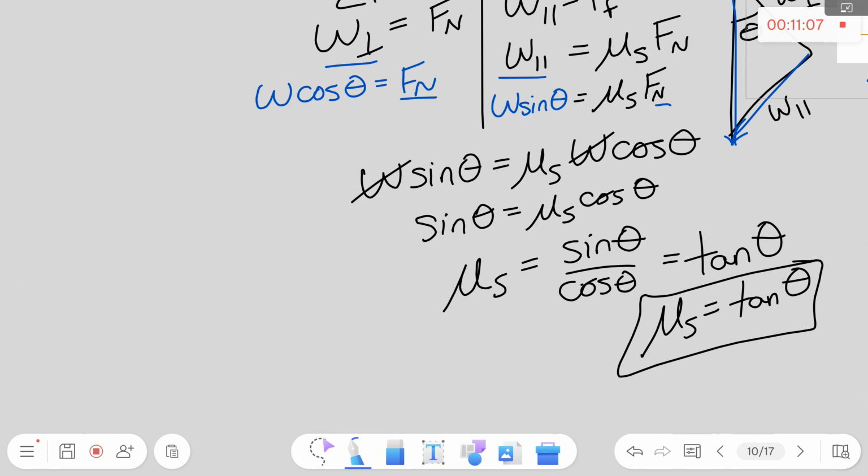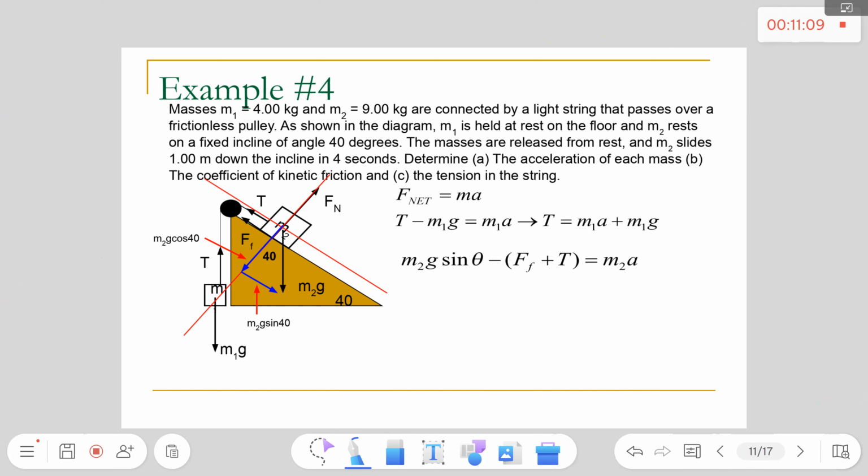Alright, here's what we'll say. I'm going to leave it at that. I'm going to leave example 4 for tomorrow, actually, because it's expanded on a little bit more. Because we have an object with some tension as well. We'll save that for tomorrow. So is there no force applied